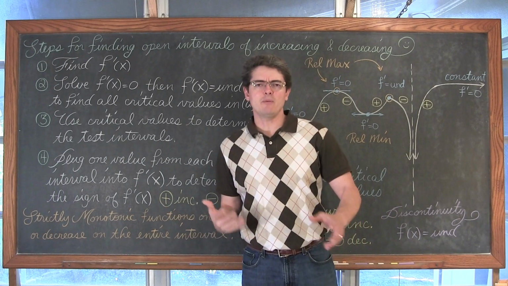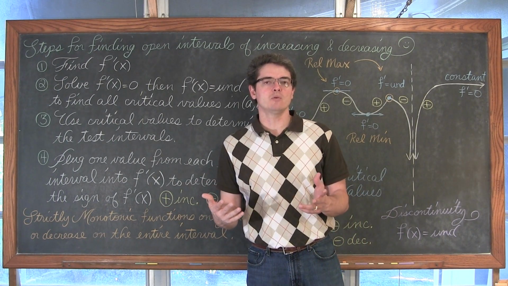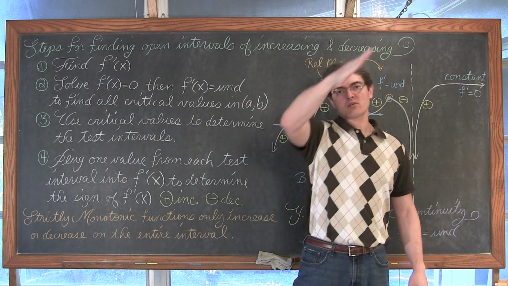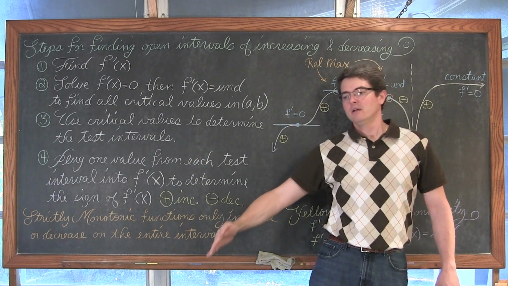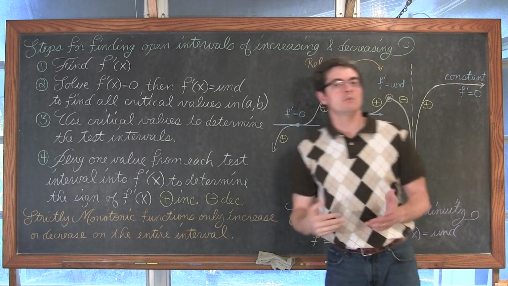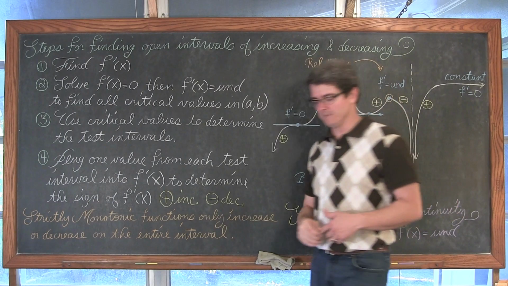So let's say you have a regular polynomial with a degree of 3, where it comes up and does a little bit of a bend in the middle, but then just continues to increase. That would be a monotonic function. The slope's not constant, but it never stops increasing within its domain, or whatever interval you're interested in.